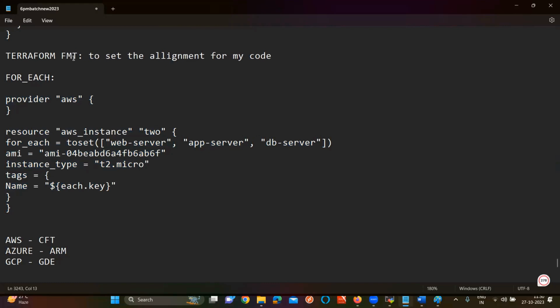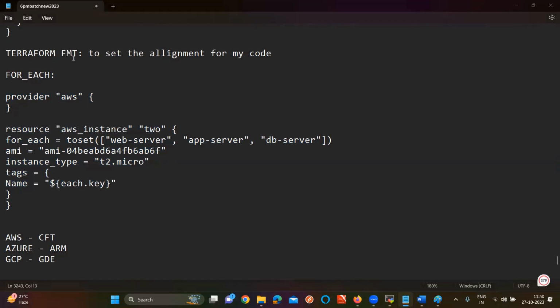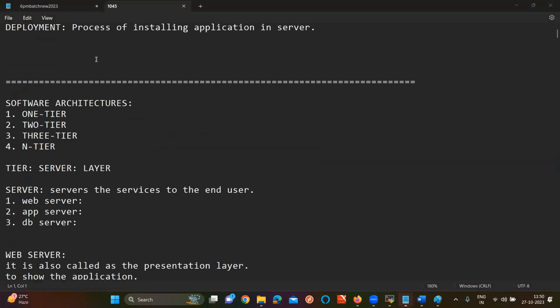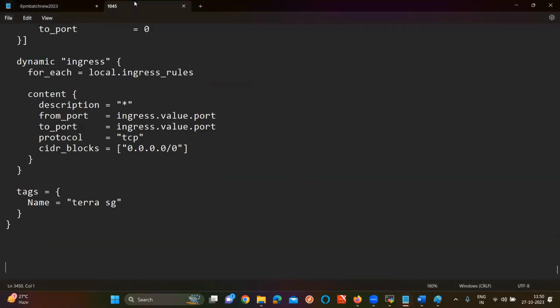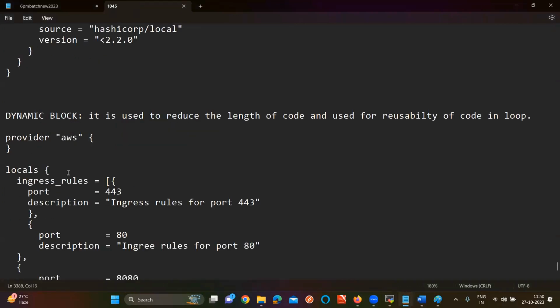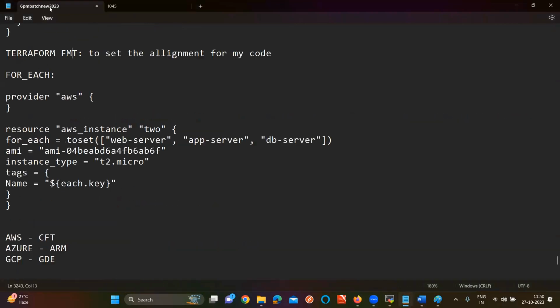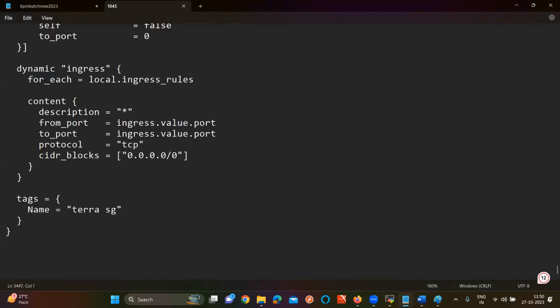I saved this one, but okay, fine. Let me give it. Till now it is saved here. Dynamic block is saved here. Okay, fine. I'll give this code.